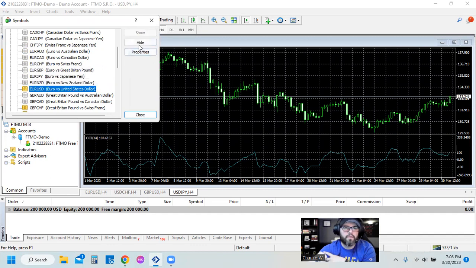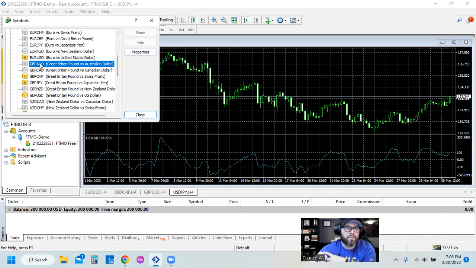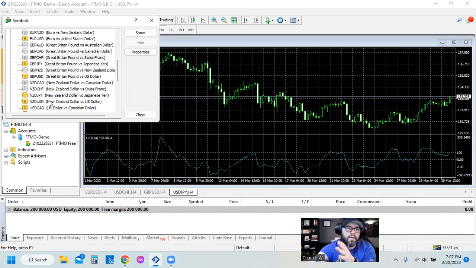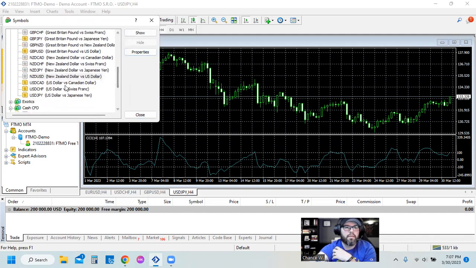Again, I'm using TradingView for my charts, so I'll be watching TradingView to place the trade, and then I go into Metatrader, and that's where I actually physically enter the trade. So I trade USD CAD,